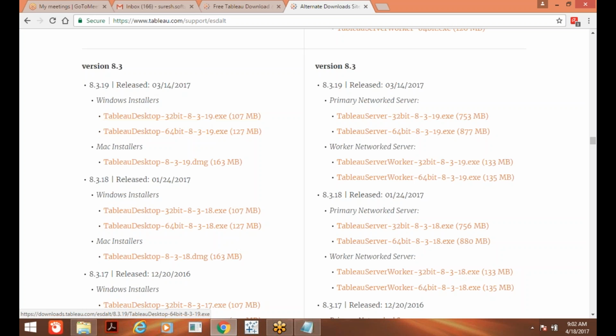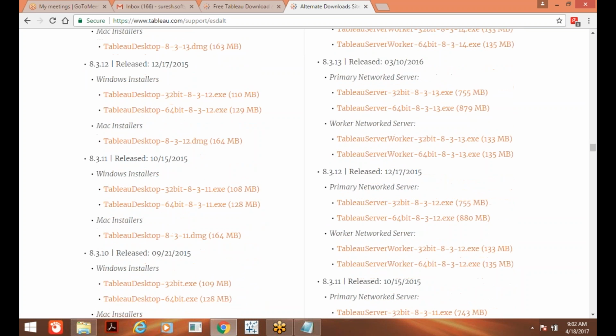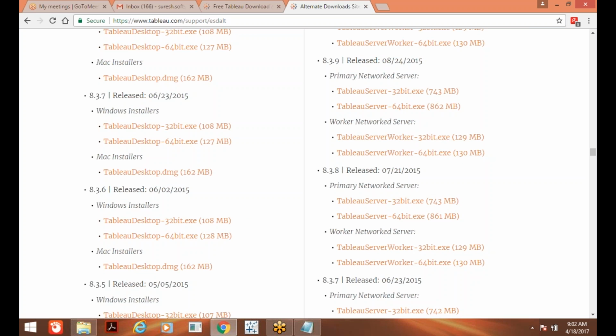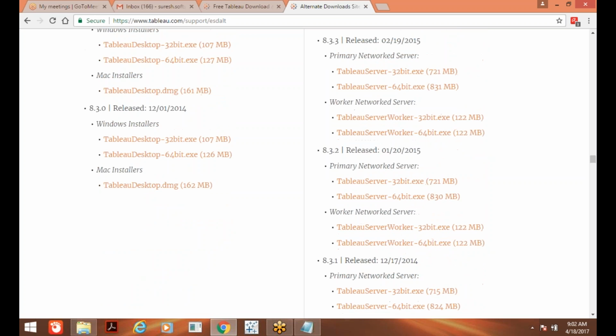So like this, you can go with downloading your own versions. Yes, in 2014 we got Tableau 8.